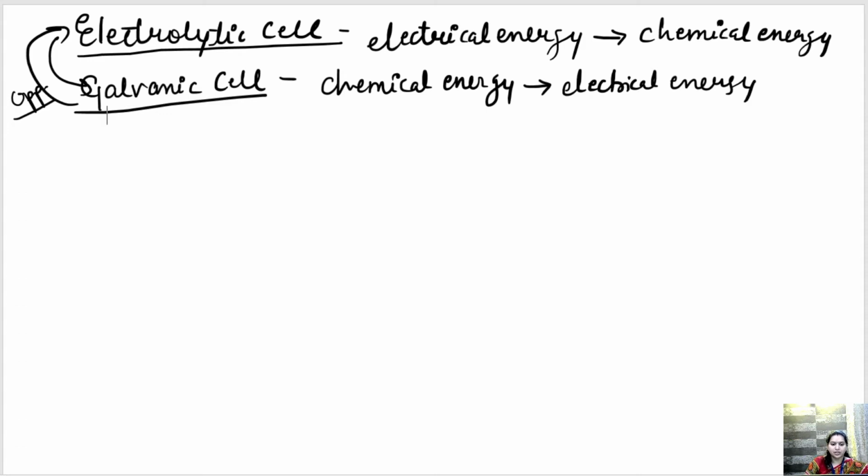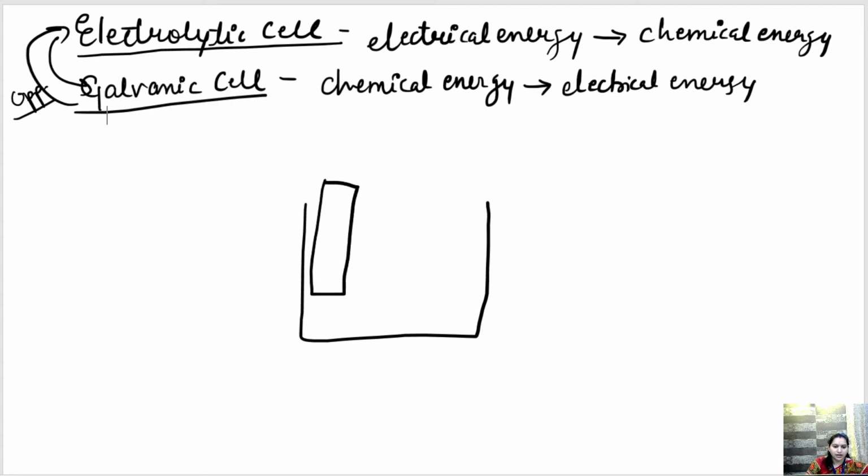So let's see how the galvanic cell functions. Again, we take a beaker. In the electrolytic cell we were using one metal and another metal or a steel object, with the electroplating method, and there we were not using a bulb or anything like that. Here what we are going to do is take a plate of zinc and a plate of copper.